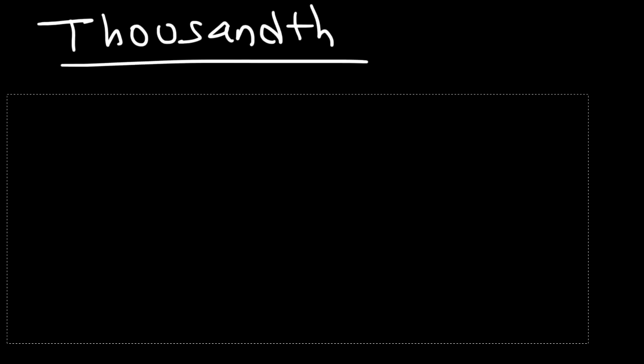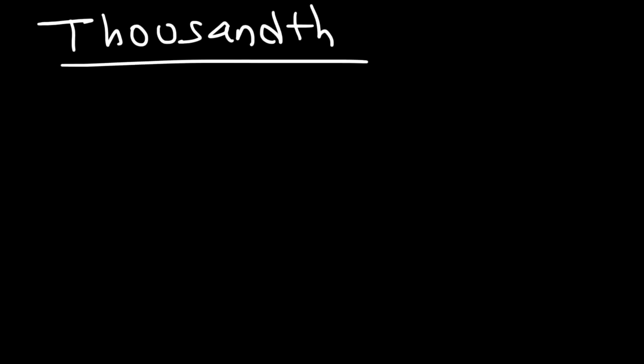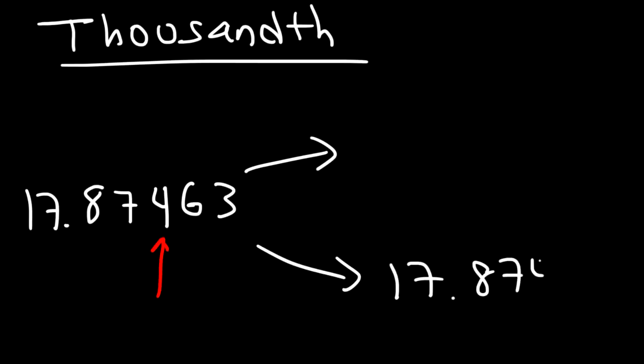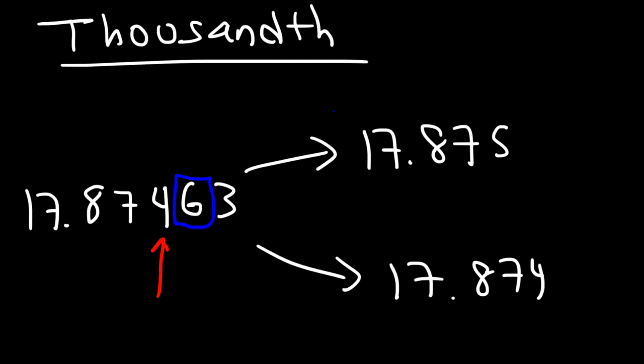Let's work on one more example. So let's say we have 17.87463. So go ahead and round it to the nearest thousandth place. So here is the thousandth digit. So it's either going to be 17.874 or 17.875. So this is either going to be a 4 or a 5. So looking at the 6, that's greater than 5, so we got to round up to